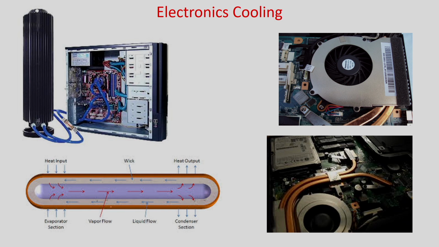How the heat pipes works? In heat pipes, this evaporator section is put on the chip. So, due to the high temperature, the fluid will become vapor, and this vapor will pass inside this hollow space, and it will come to the condenser section, which is put outside the ambient. So, due to this condensation, this vapor will become liquid, and this liquid will pass through this wick, okay, and it will go to the evaporator section. So, you can see it is natural way this fluid flow is taking place.